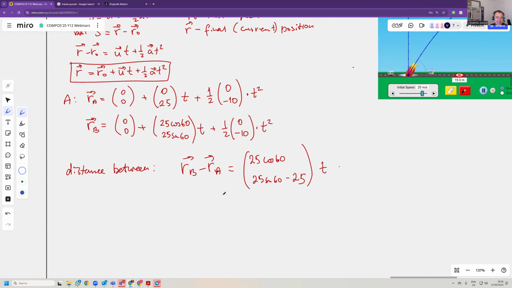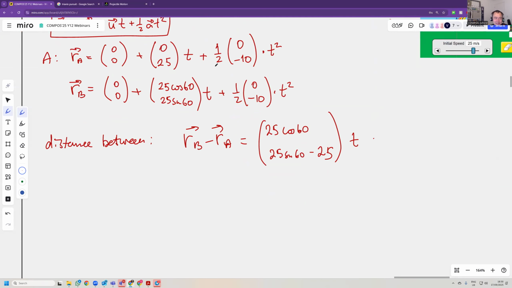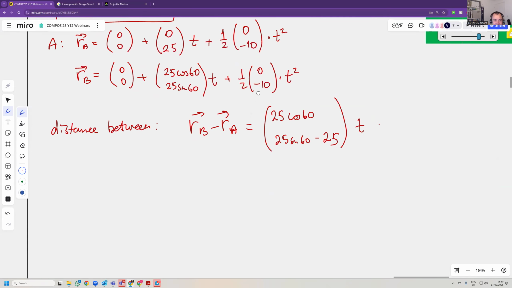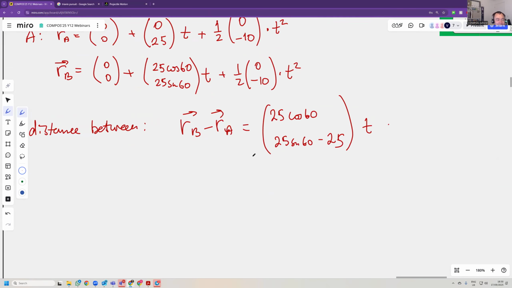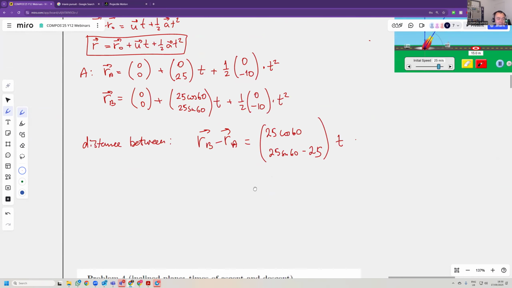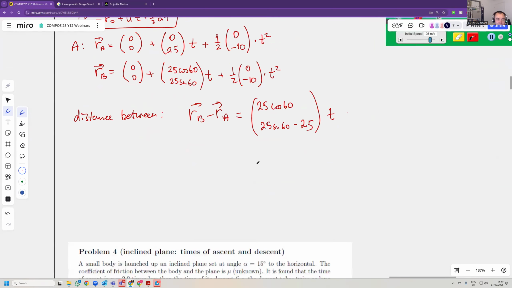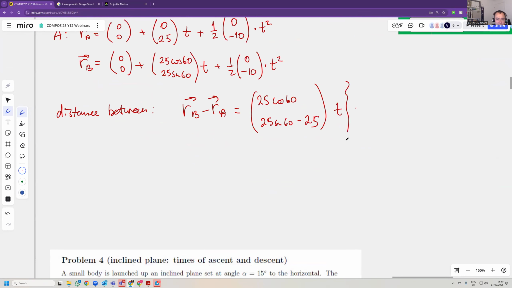That's super easy because we can see that these indeed cancel out when you subtract, and all you need is to substitute time. We know t is 1.7, so when t is 1.7 seconds, that is